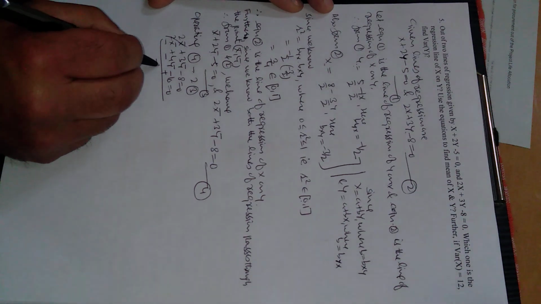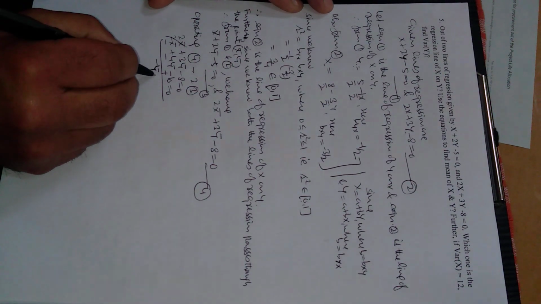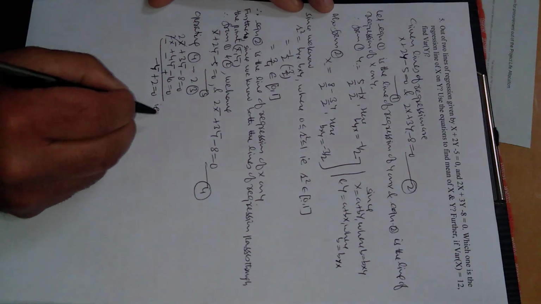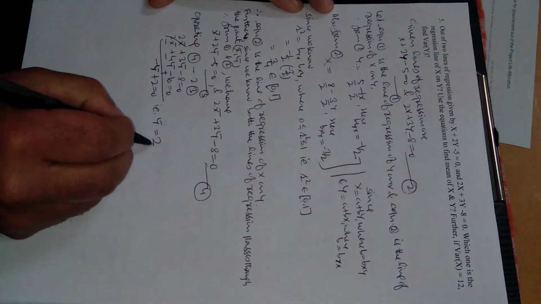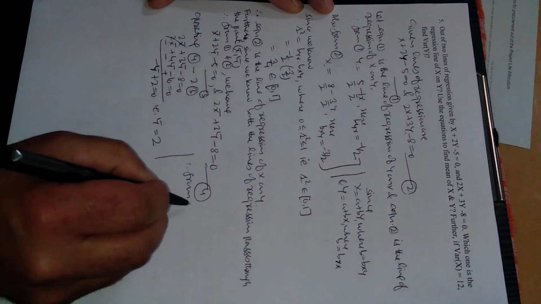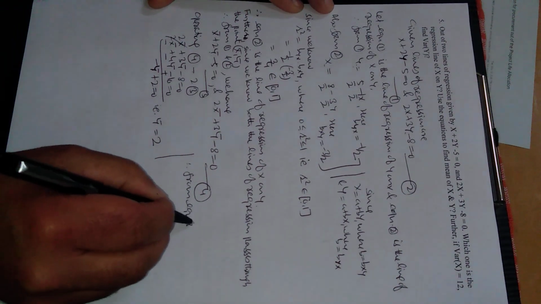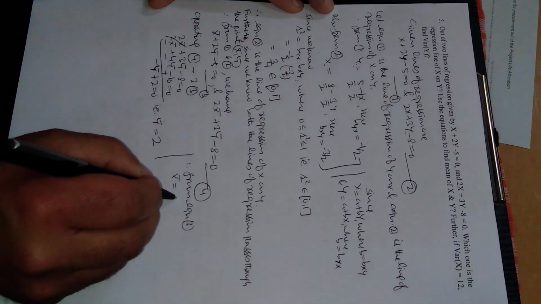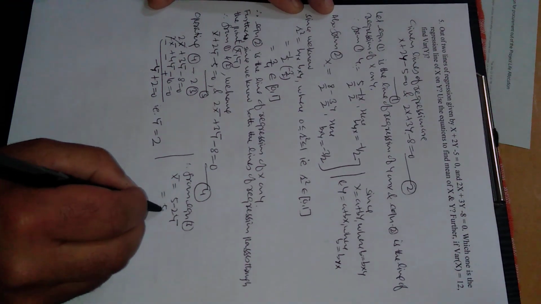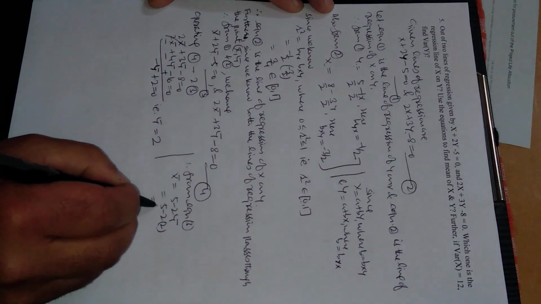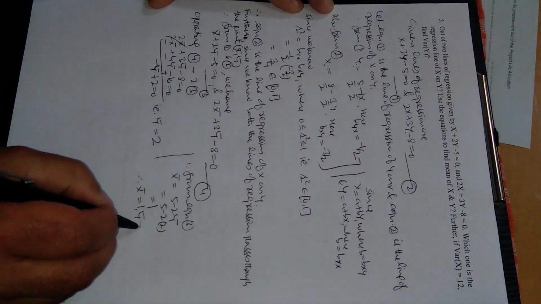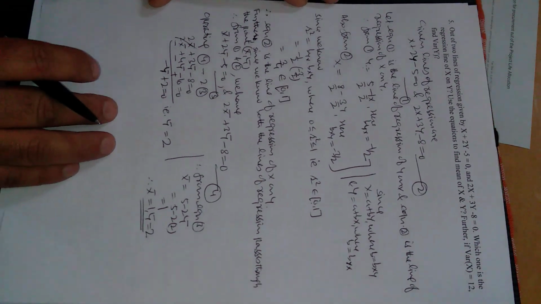The 2x bar terms cancel, and we get minus y bar and plus 2, that is, y bar is 2. Therefore from equation 3 we find x bar. x bar will be 5 minus 2 y bar; substituting, 5 minus 2 times 2, so this will be 1. Therefore x bar is 1 and y bar is 2, that is, mean of x is 1 and mean of y is 2. This is what we wanted to find.